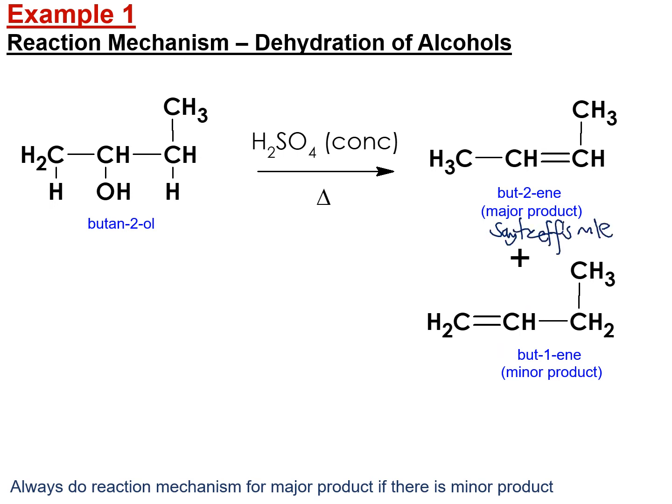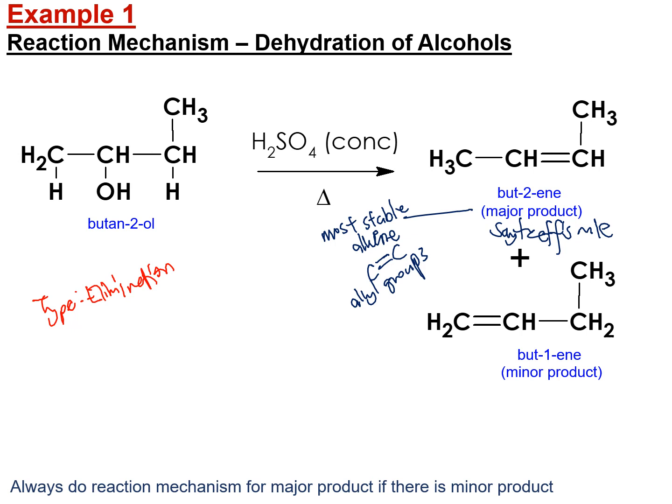Saytzeff's rule says that the major product should be the most stable alkene. Okay, di mana the most stable alkene tu ialah the highly substituted alkene, which the carbon-carbon double bond tu dia akan ada banyak alkyl groups around it. Alright, so as usual, bila kita nak buat dehydration of alcohol, the type of reaction yang terlibat adalah elimination reaction. Okay, so bila elimination reaction ni, that means we have to eliminate dua benda. In this case, daripada alcohol kita nak buat alkene, therefore we need to eliminate OH and also H